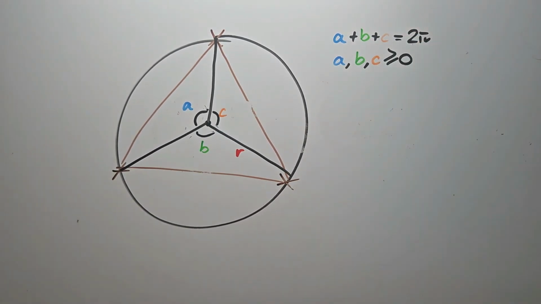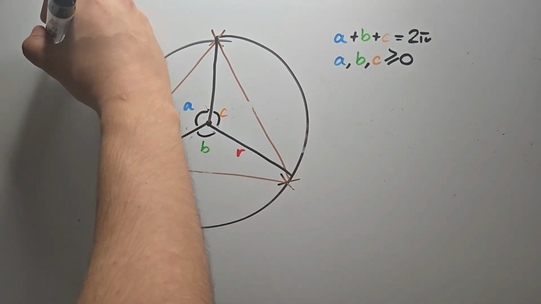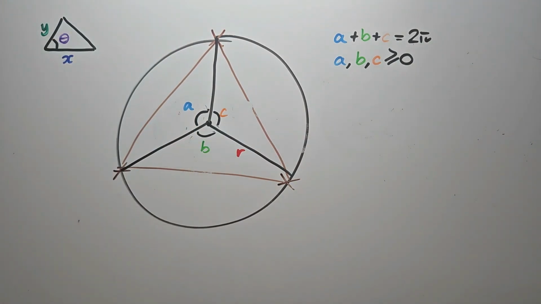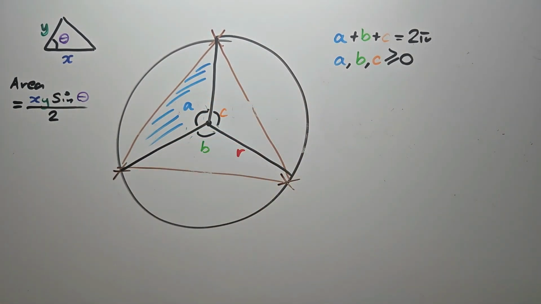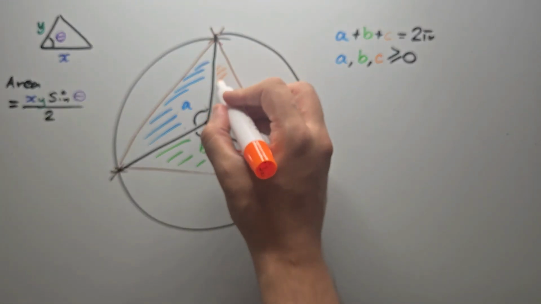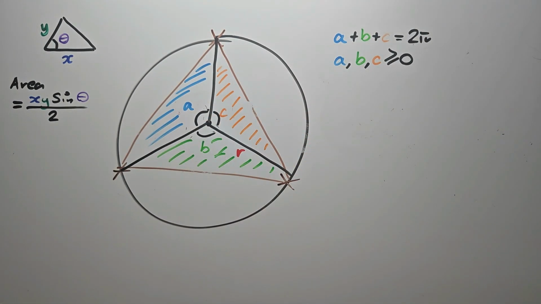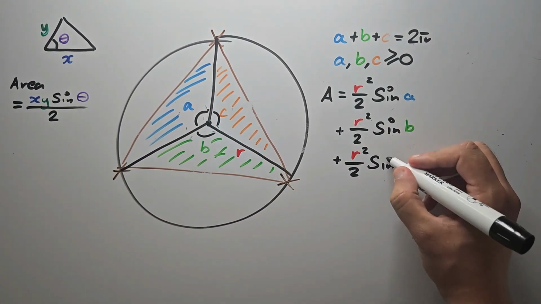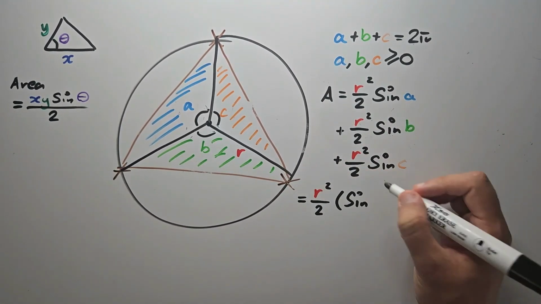angles are non-negative. Also note that given a triangle with an angle theta, and the two sides adjacent to theta are x and y, the area of the triangle is xy sine theta over 2. We can use this area formula on each of the 3 smaller triangles, where x and y are both equal to r, and theta is equal to A, B or C. This will give us the total area of our large triangle, which is r squared over 2 sine A, plus r squared over 2 sine B, plus r squared over 2 sine C, which we can simplify by factoring out